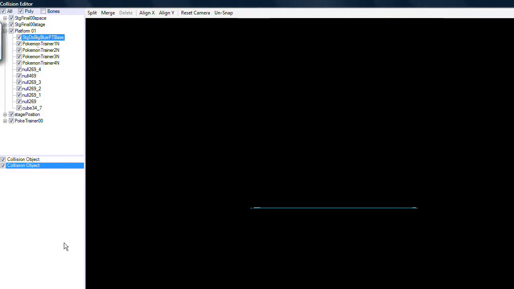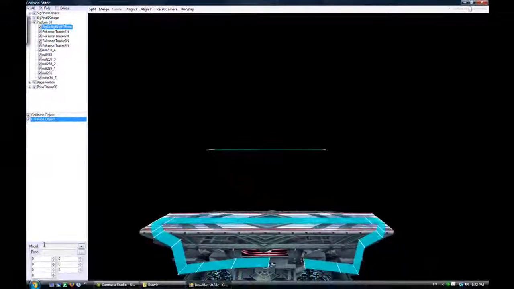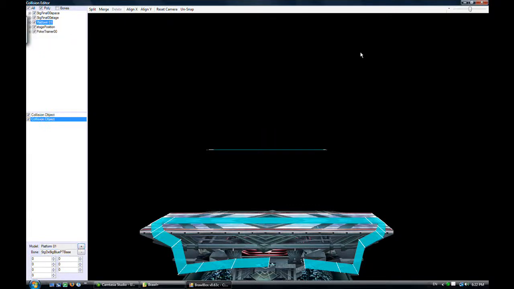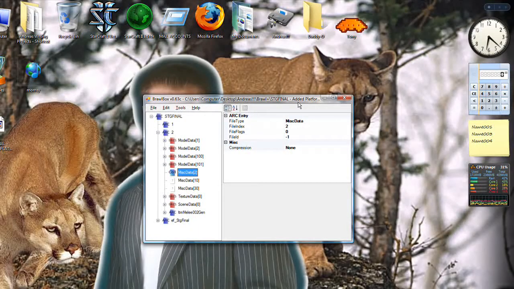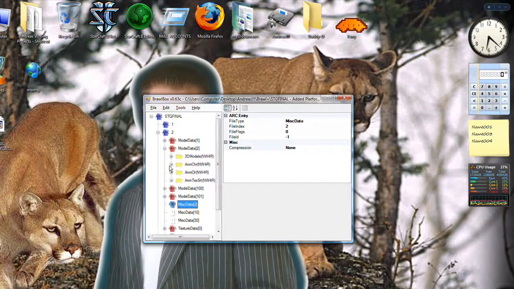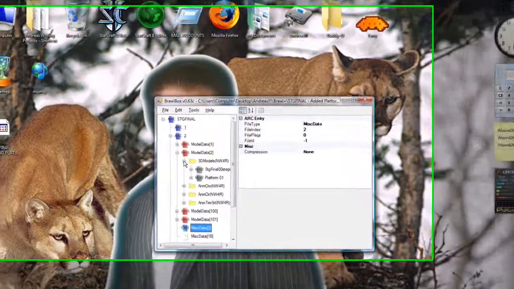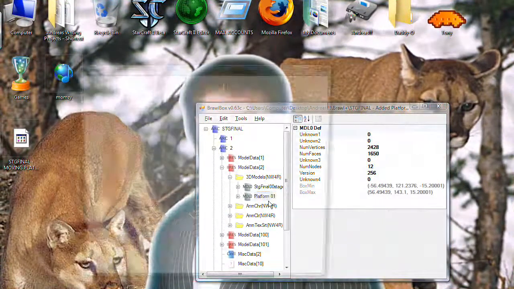So with it selected, and your collision object down here selected, you click on the plus beside model right here, and you should see the model goes to Platform 1 and the bone goes to Stage DX Big Blue PT Base. With this complete, you can click the minus arrow over here, or you don't really have to, and close up the collision previewer. Open up Model Data 2, and open up 3D Models and Platform 01,